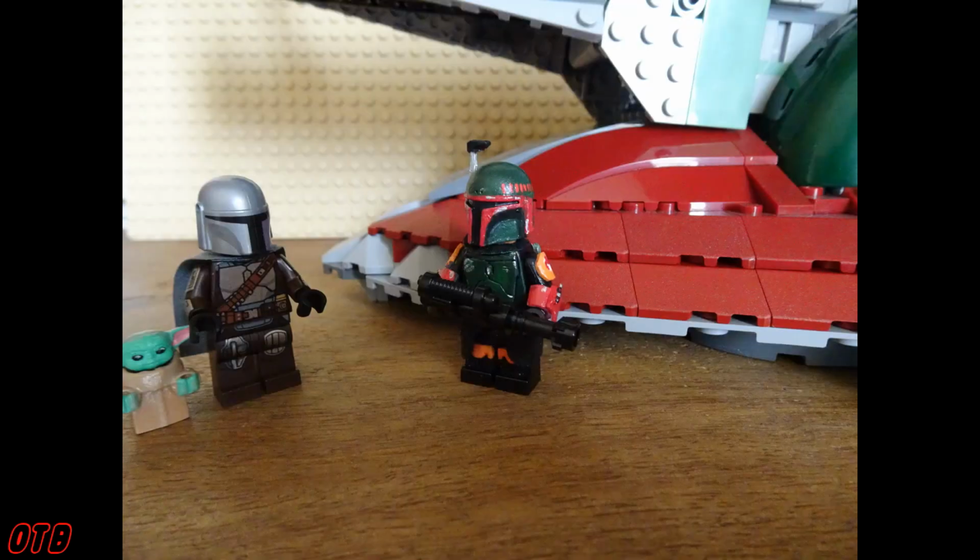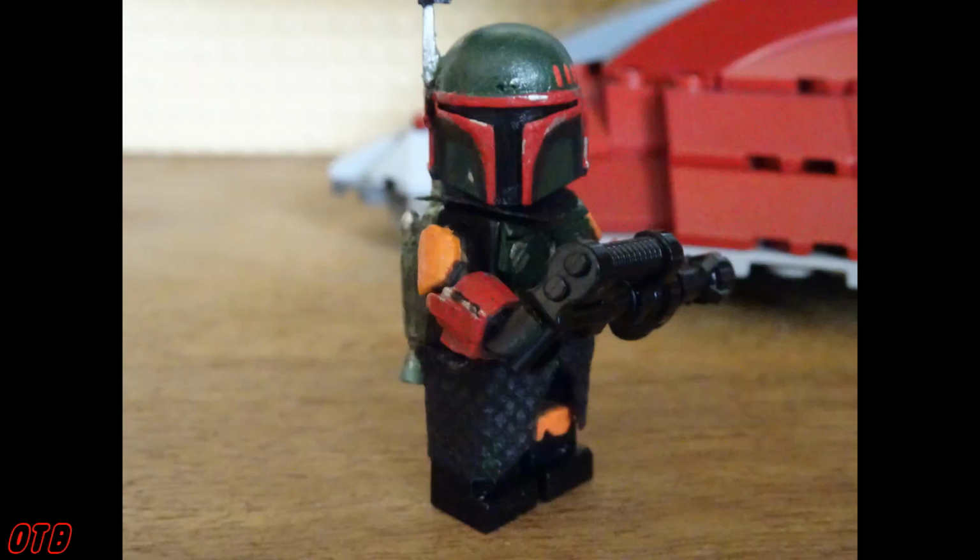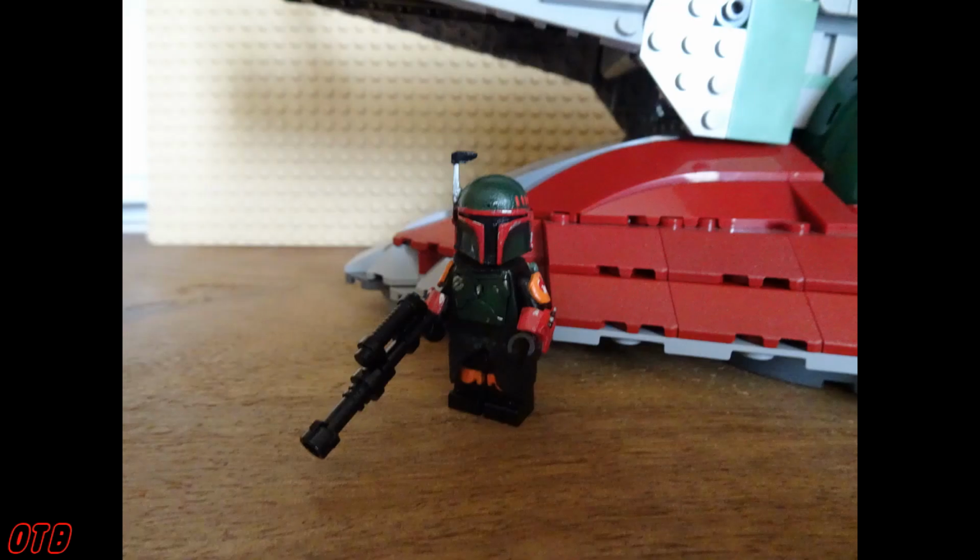And before we get to the final build, I have something that is a little different. This is the Mandalorian version of Boba Fett by Shiny Mimikyu. The actual armor here was created by Nate's Minifigs, but Shiny had to paint this all by hand. Yeah, the helmet, the chest plates, the gauntlet, the backpack/jetpack, it's all hand painted, and Shiny did a fantastic job